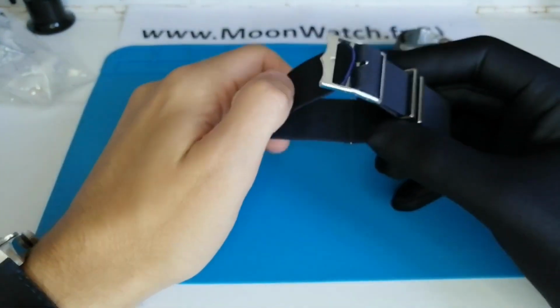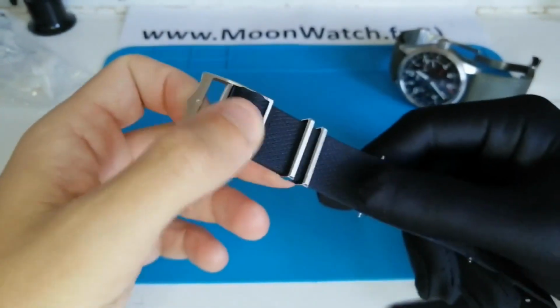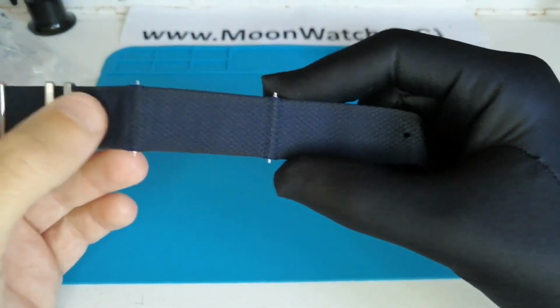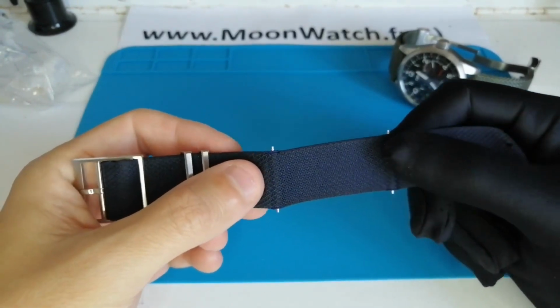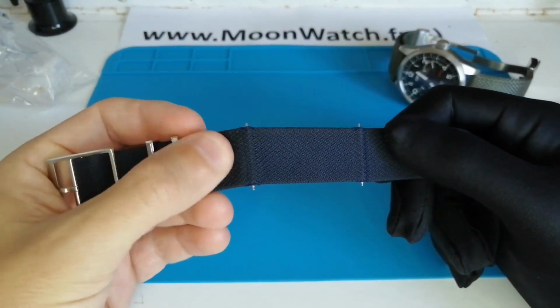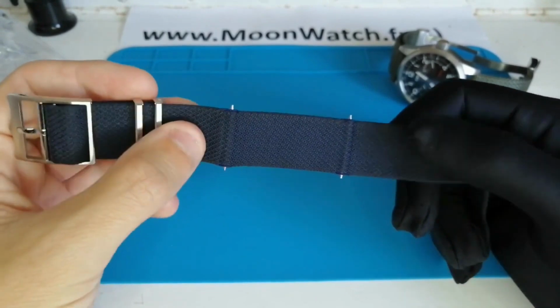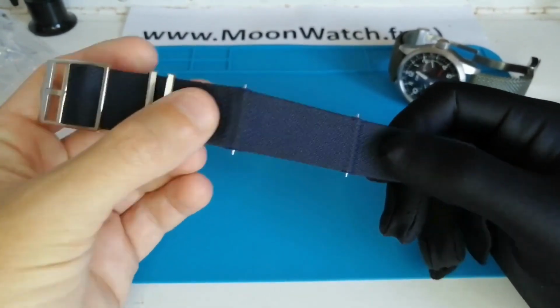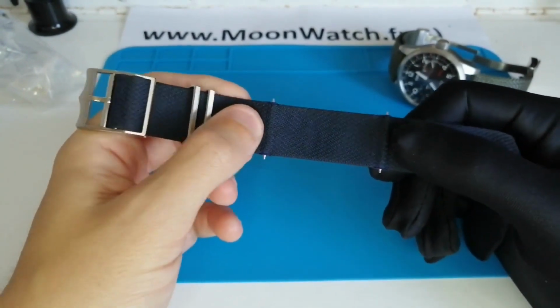A pleasant surprise when I opened the Tudor Black Bay box, as it was delivered with 2 straps. The first strap is the famous Tudor NATO, specially designed to perfectly fit the case of the Swiss watch. To the touch, you immediately notice that it is of excellent quality and will withstand water, salt, and almost all elements. Unfortunately, I'm not a big fan of this Tudor NATO strap because it makes the watch thicker on the